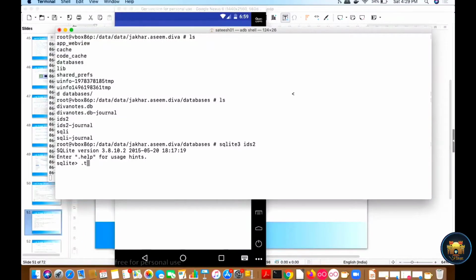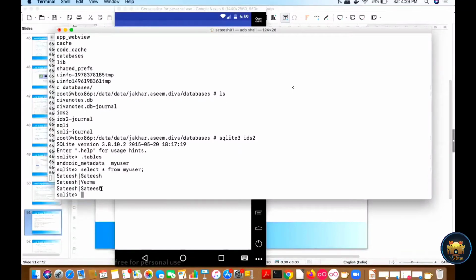For the sake of this demo, I will type tables and check if any tables are present or not. I can see there are two tables here, and myuser seems interesting. So I will write select star from myuser and check.